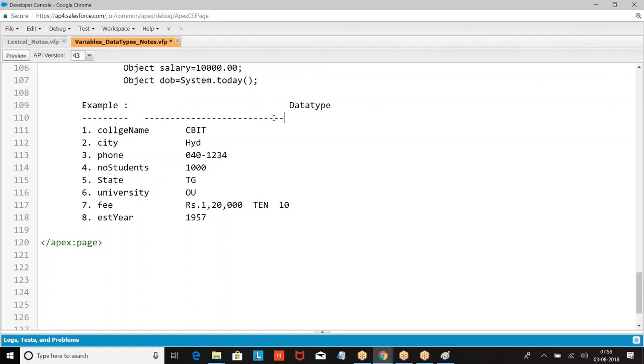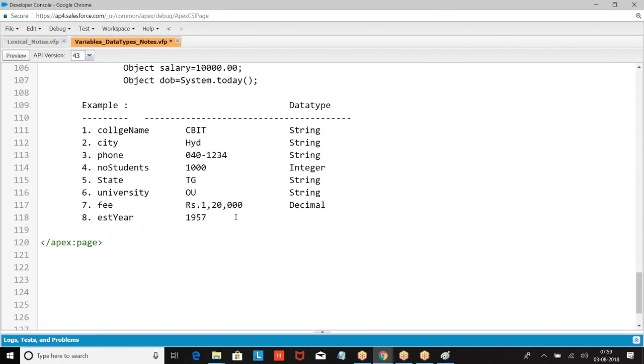If this is the format, now it is a collection of alphabets. So it should be, Hyderabad is also a collection of alphabets. I give rupees specifically.